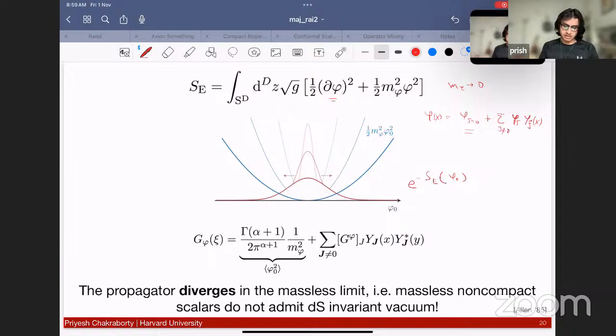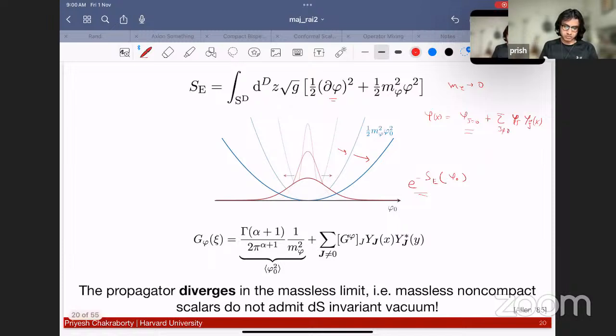So as we can see, as I make the mass lighter, the potential becomes broader, and this weighting in the path integral, or equivalently the state, the wave function for the zero mode, becomes broader, which means that its fluctuations, the zero mode fluctuations, become larger and larger. It's the variance of which is just fixed by the variance of the state. So the 2-point correlation function reflects this.